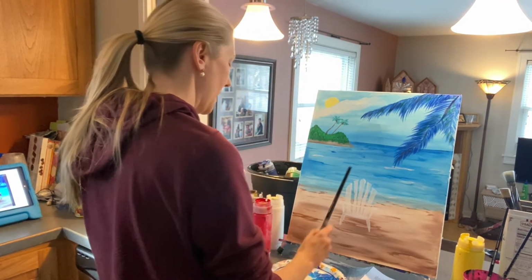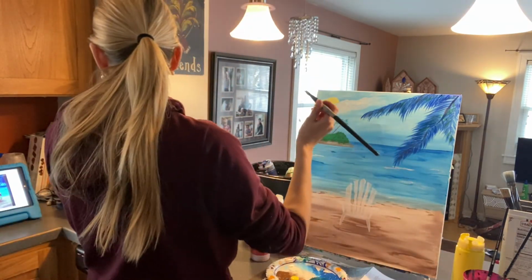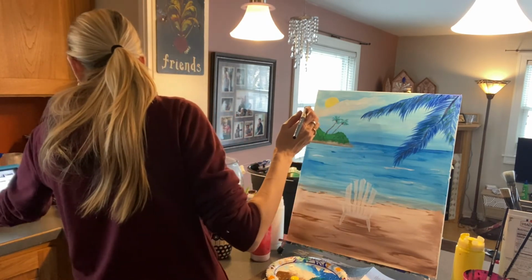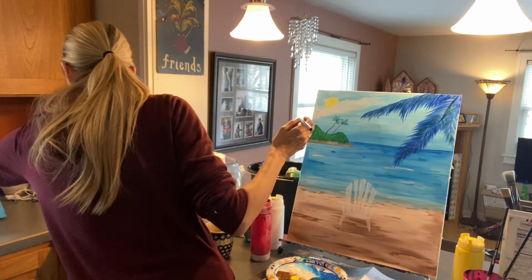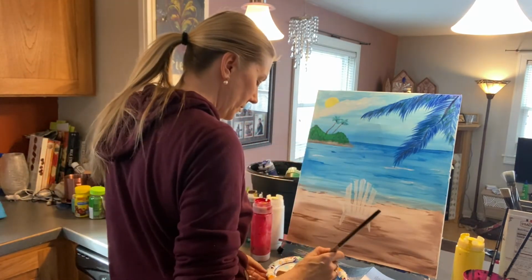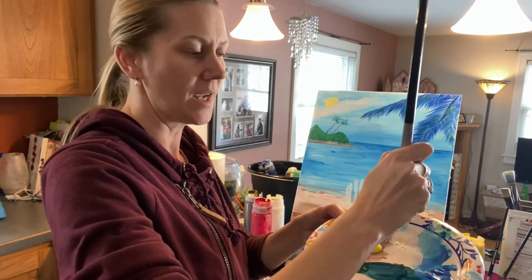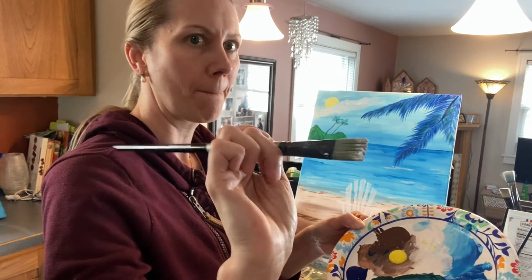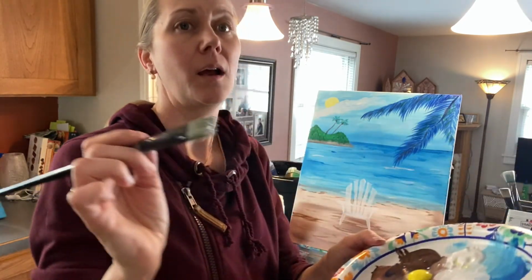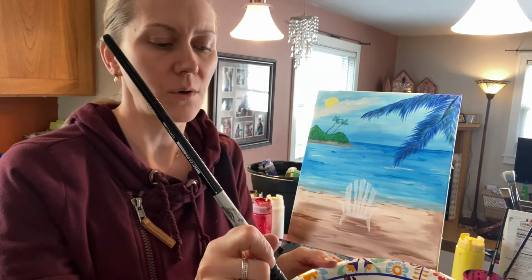All right, I am taking my big brush, my rock brush, and I'm just going to add some more clouds. So I've got white on my brush and I've just literally dabbed it, and then I'm going to dab it on like this, tap, tap, tap. So I don't have a big clump of paint. It's all separated. And then I'm going to put, are you ready? Tiny bit, just the corner of my brush